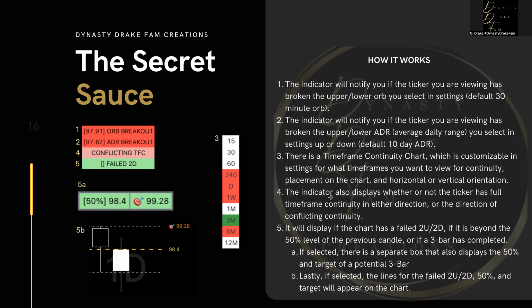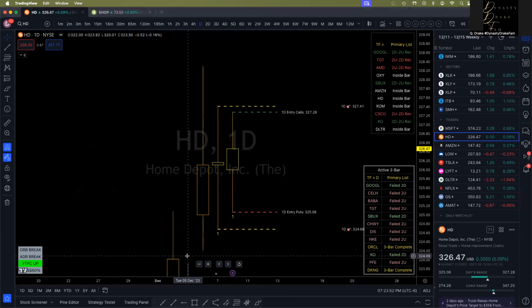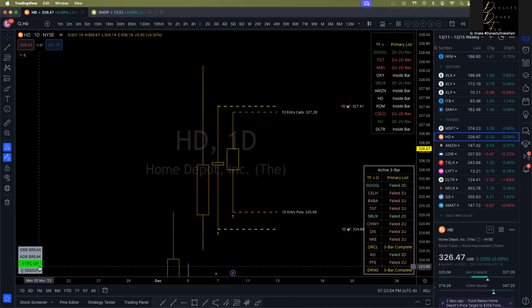So the indicator also displays whether or not the ticker has full time frame continuity in either direction, or if the direction is conflicting in time frame continuity. So this one right here is golden, right? If you notice on my chart right now, this one says full time frame continuity up, right? When it's bright green like this, these things can be explosive, and you know that they're going to the upside,